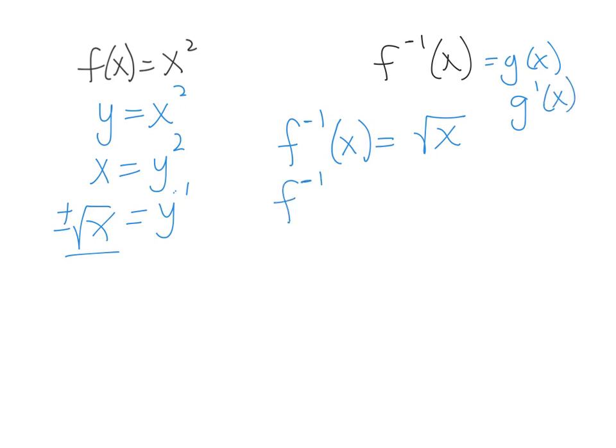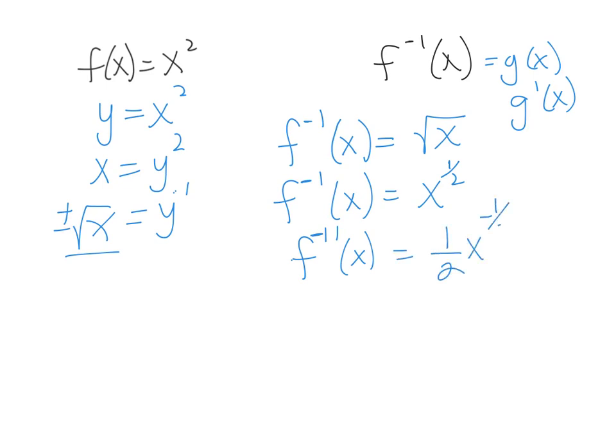So, all right, let's find the derivative of this. First, I'm going to rewrite it. This will be x to the 1/2. Well, the derivative of that, and that's why they call it g of x instead of f inverse of x, because it gets confusing here if you've got negative and then a prime. So that's going to be 1/2 x to the negative 1/2, or in other words, 1 over 2 square root of x. And we remember from the previous screen that we said we were looking for that at x equals